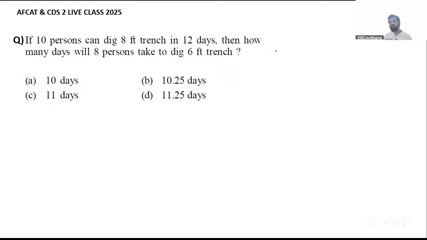Now, let me tell you one more formula over here. Let's not wait for another day. M1 D1 upon W1 is equal to M2 D2 upon W2. The previous formula was M1 D1 H1 is equal to M2 D2 H2. Since the work is same,